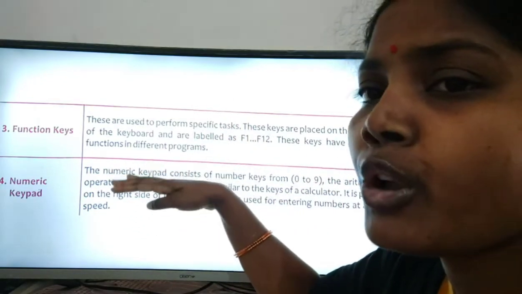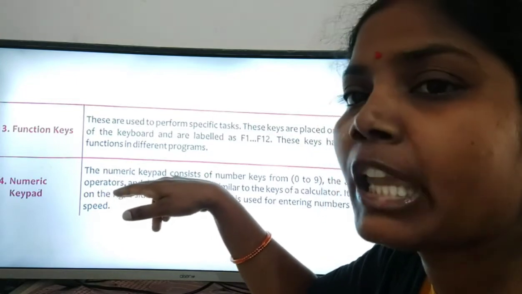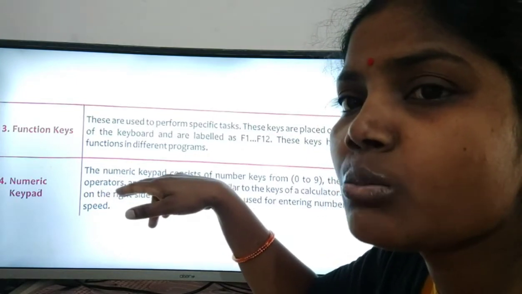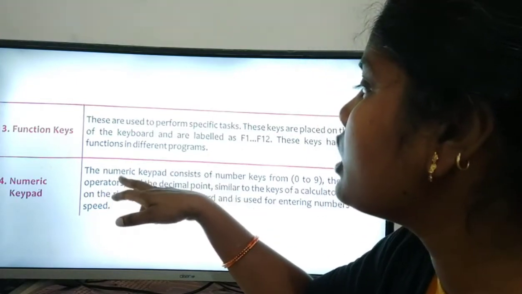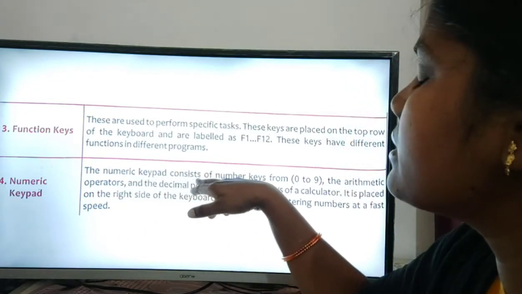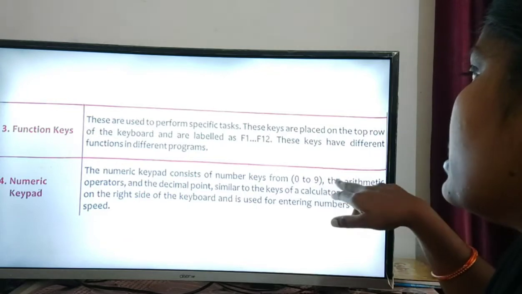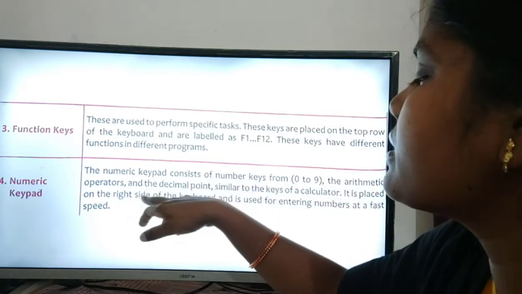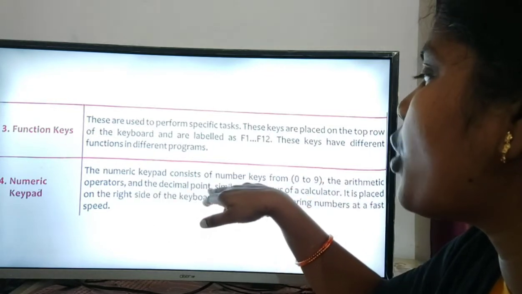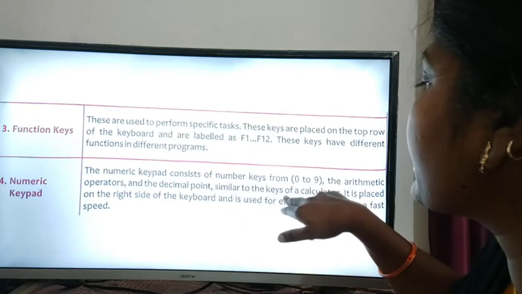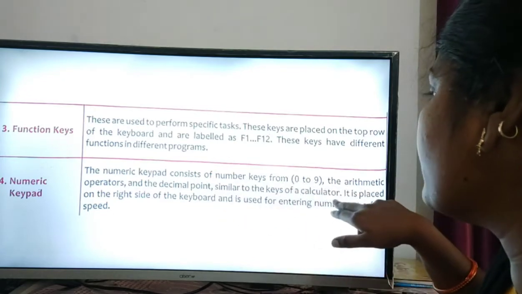The fourth one is the numeric keypad. The numeric keypad consists of number keys from 0 to 9, the arithmetic operators and the decimal point, similar to the keys of a calculator.